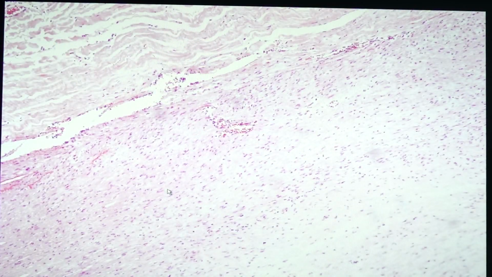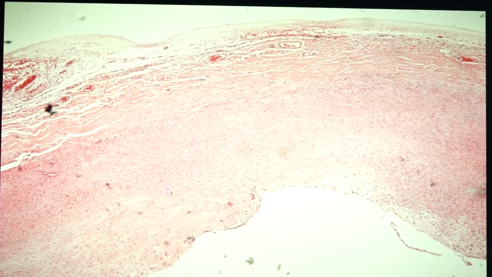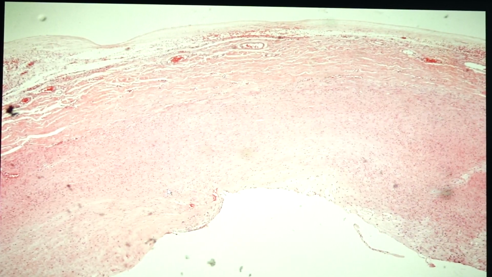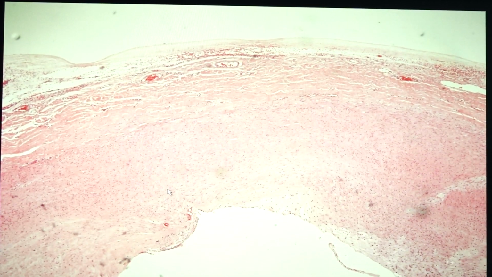Okay. Next slide is 76. This is what we call cystic medial necrosis. So cystic medial necrosis, this is from the aorta. Okay, so this is the aorta, and what you would see here is the presence of loss of smooth muscle and deposition of connective tissue. The common culprit here would be